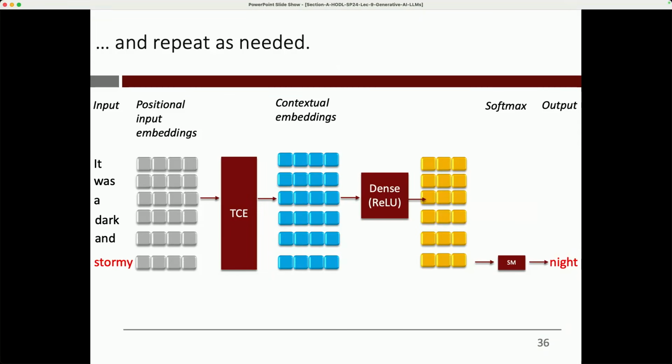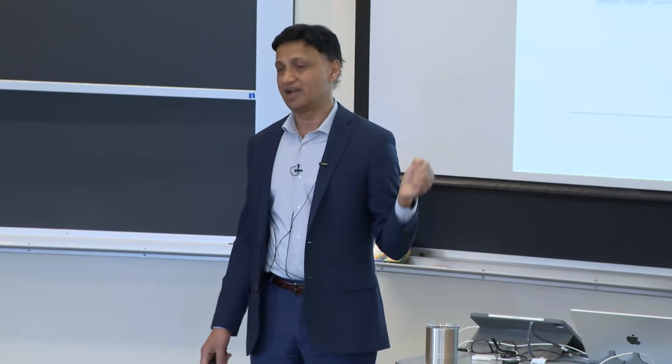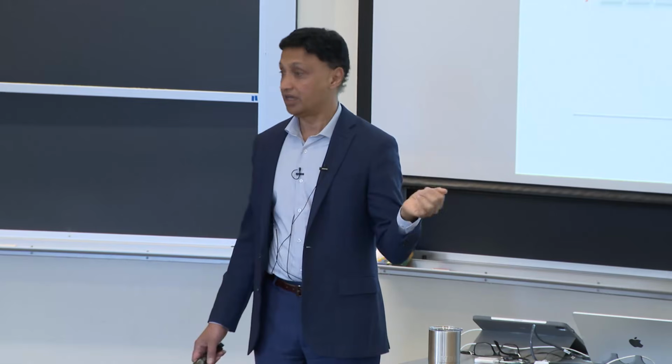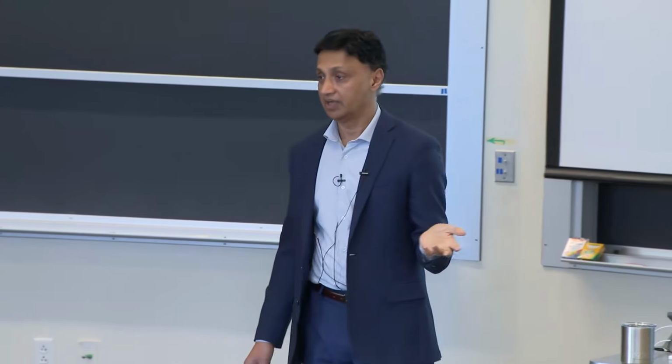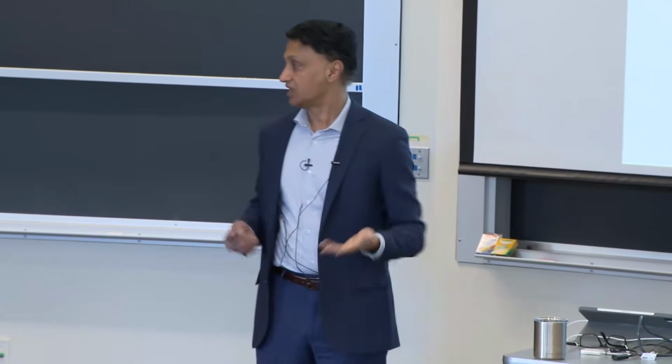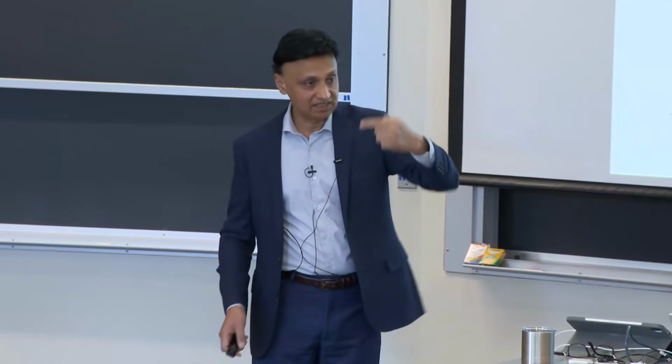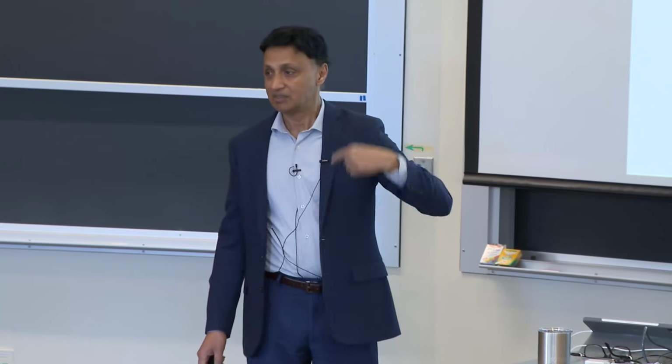We can keep on going, maybe till we tell the model, okay, generate up to 100 tokens and stop. It might stop after 100. Or the model may decide, in fact, that when it sees a punctuation like a period or an exclamation mark, it's going to stop. Okay? And we have control over when it stops and how it stops. But this is sort of the basic process.